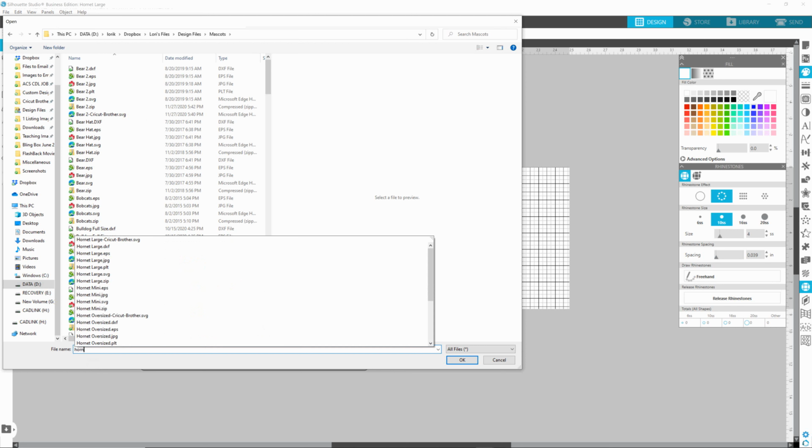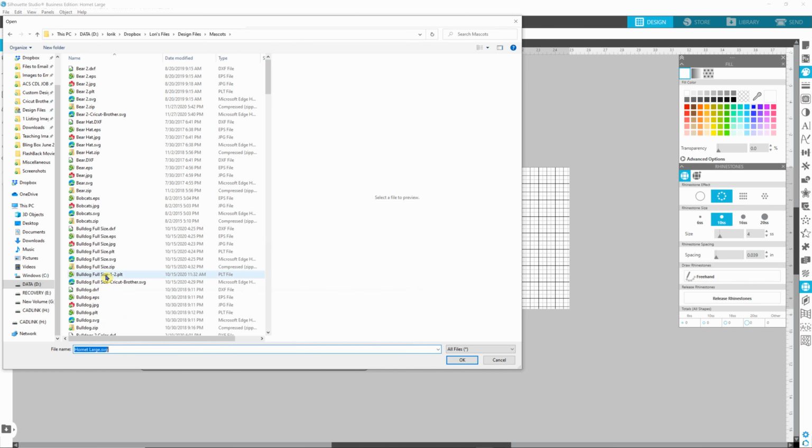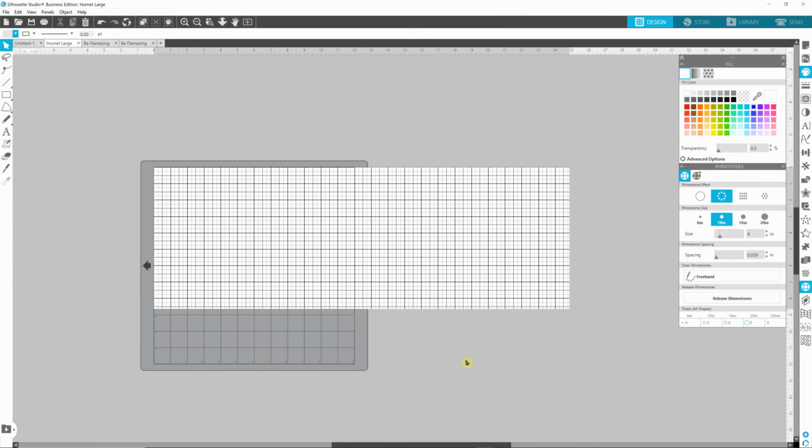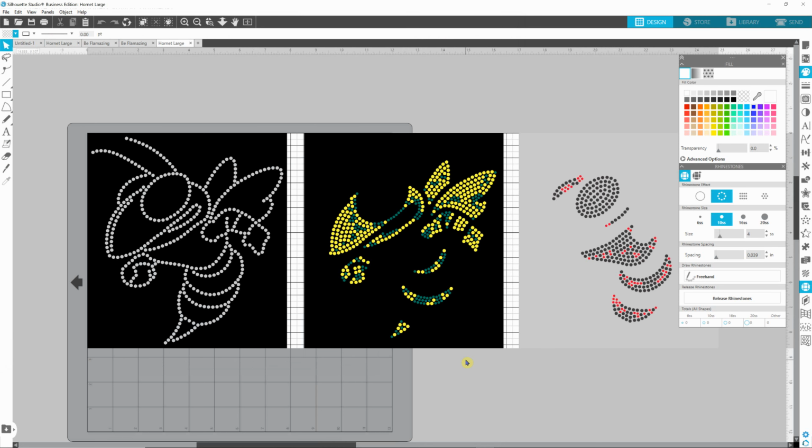Select Hornet. Select my SVG file. Select OK. Okay, so when I create files